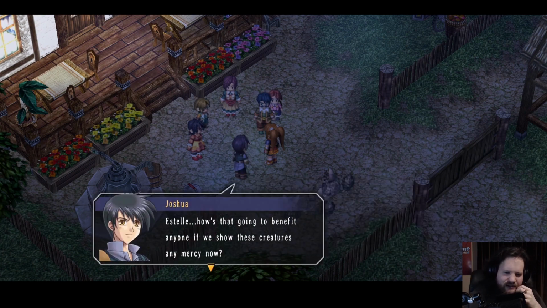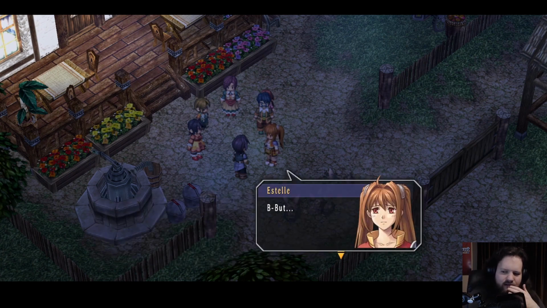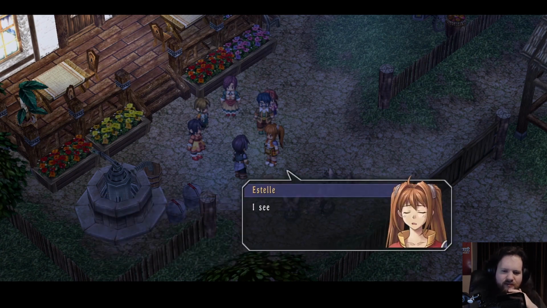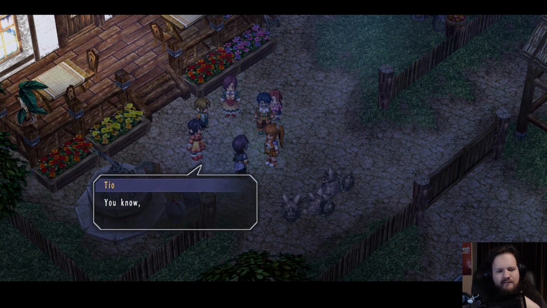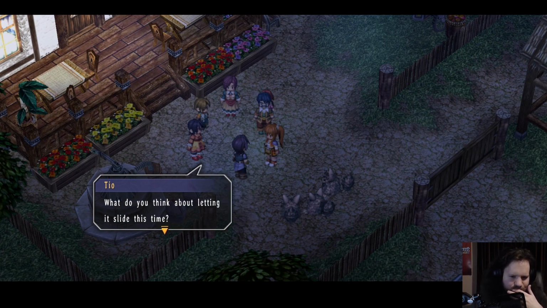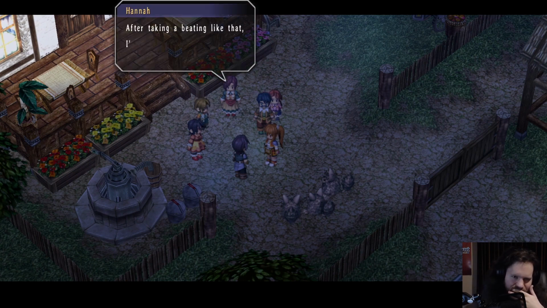Estelle, how's that going to benefit anyone if we show these creatures any mercy now? We're here to do a job by exterminating the monsters, remember? But... In any case, we're here to do a job in Dad's place. If the same thing happens again, what will you have to say for yourself? I see what you're getting at, but... You know, it was only some vegetables that were damaged, so... What do you think about letting it slide this time? You know, after taking a beating like that, I'm sure they've learned their...